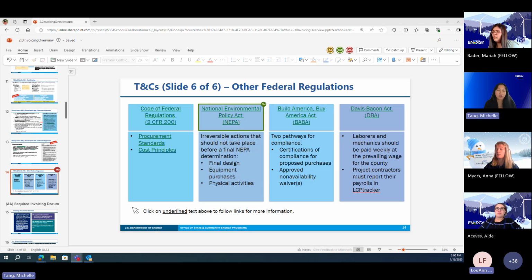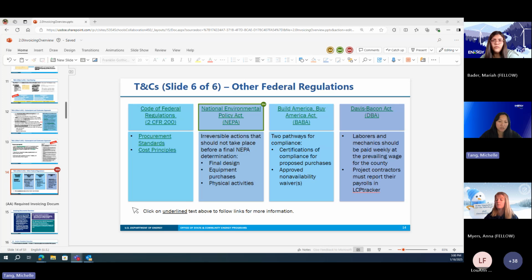So I'm just saying there's a third option where you might get a second conditional NEPA determination, but that's pretty rare. That would just authorize you to do some additional activities beyond what DOE has already allowed you to move forward with under our conditional NEPA determination. But that's not something we would recommend for folks. The best pathway is to get that final NEPA determination.